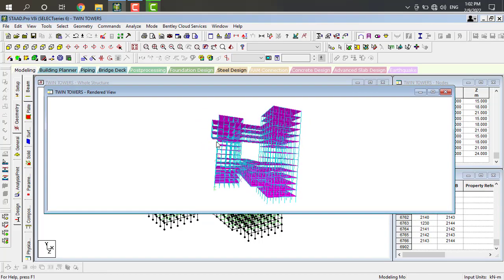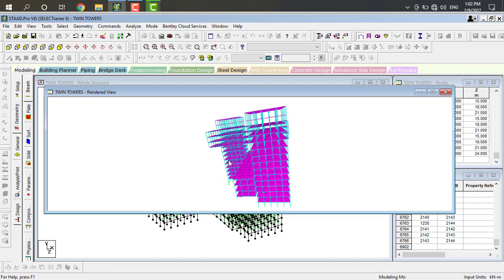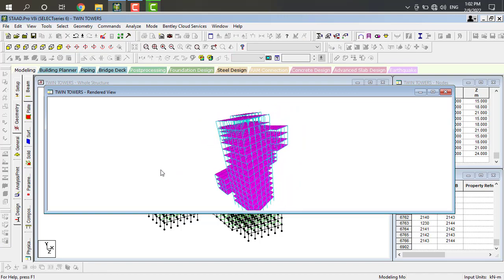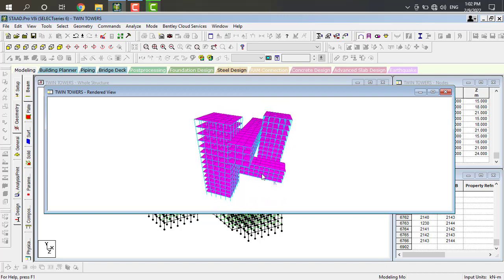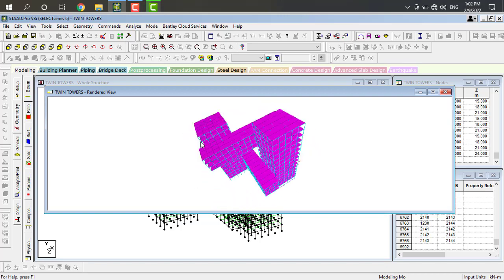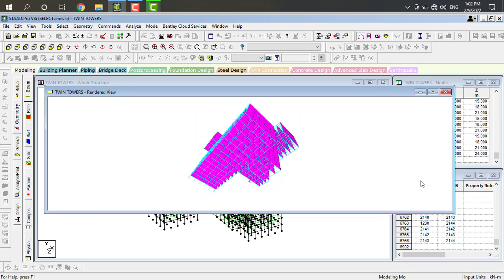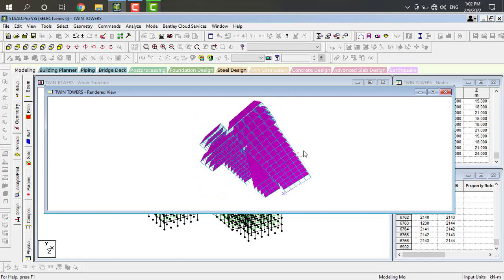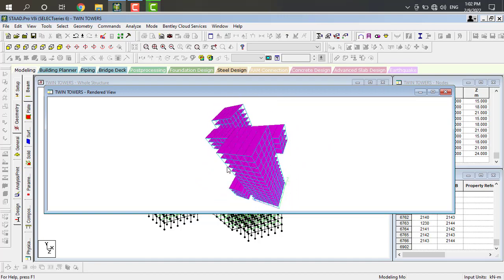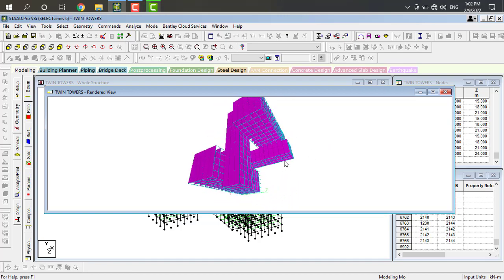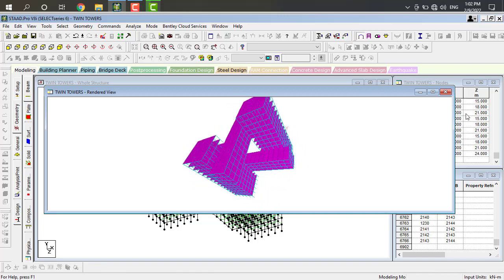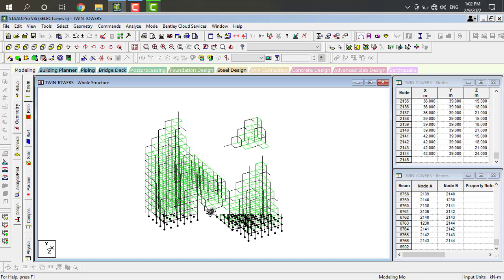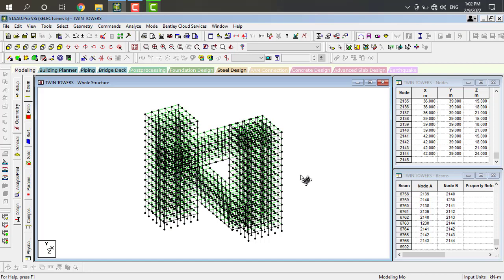This is our complete geometry of the Twin Tower Skywalk. So next we are going to apply properties to this.